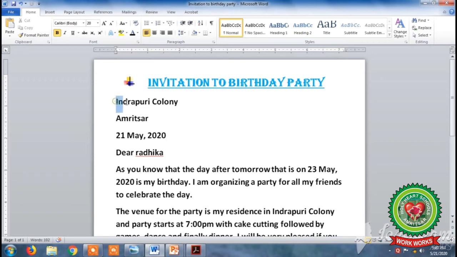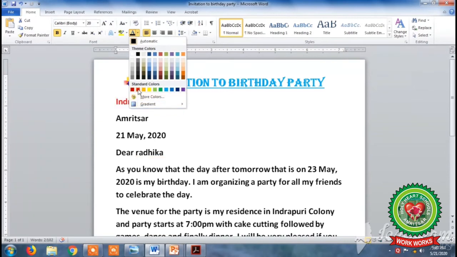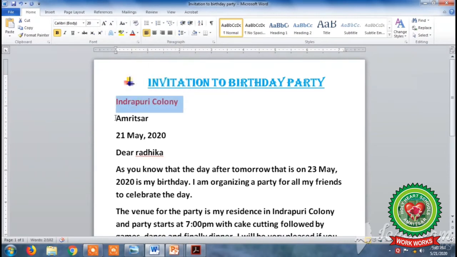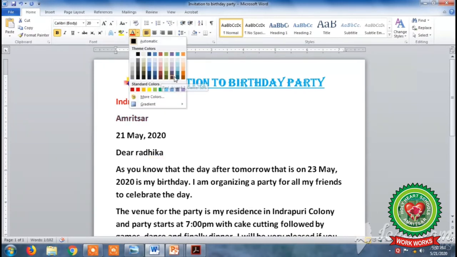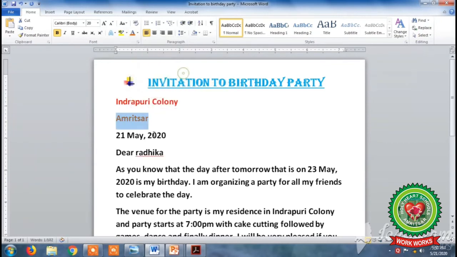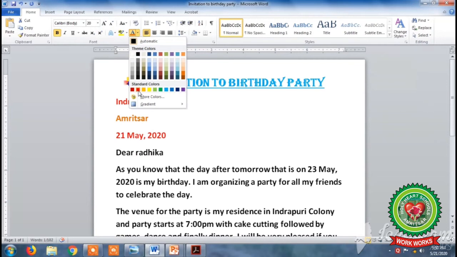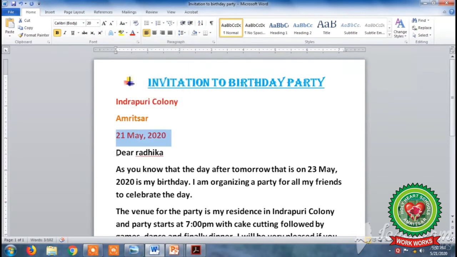So first of all, select the text, click on font color button and select any color. You can change the color of each and every line of your letter to make it look attractive. So in this way, you will change the font color according to your choice.